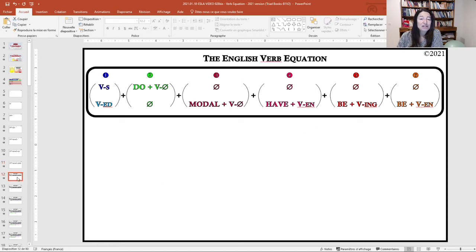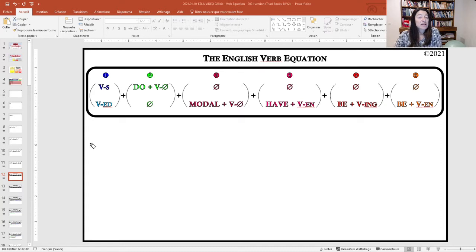The verb equation, the English verb equation, is this series of 6 binary operations, and systematically, anytime we put a verb in a sentence, we ask ourselves, consciously or not, whether we use VS or VED, and we can actually choose not to use any other operator. So that would be VS and none of the other operators. Okay, so that would be the formula